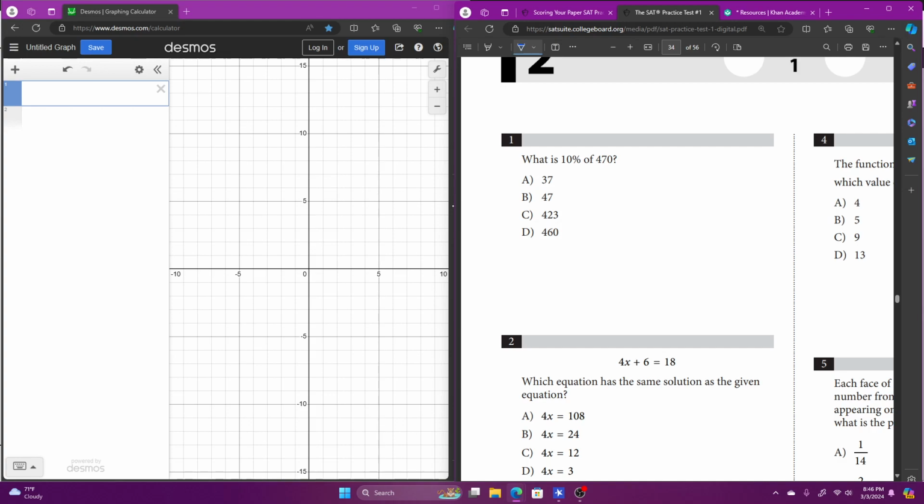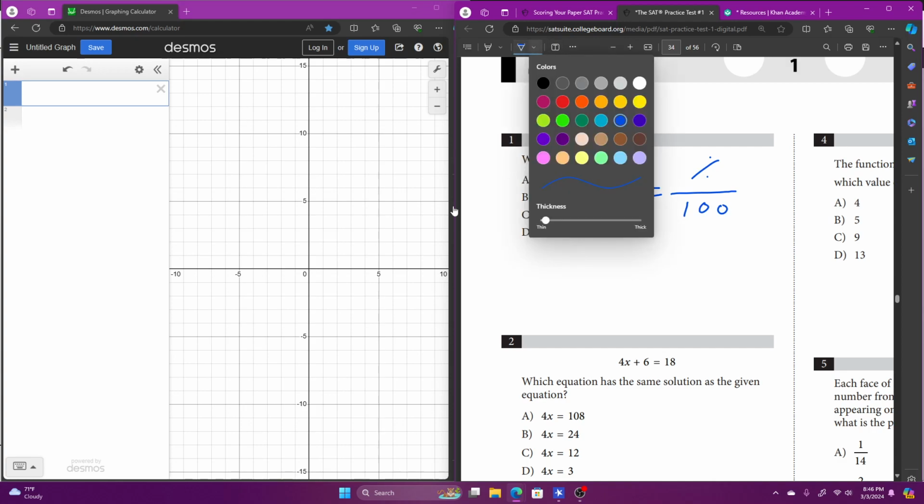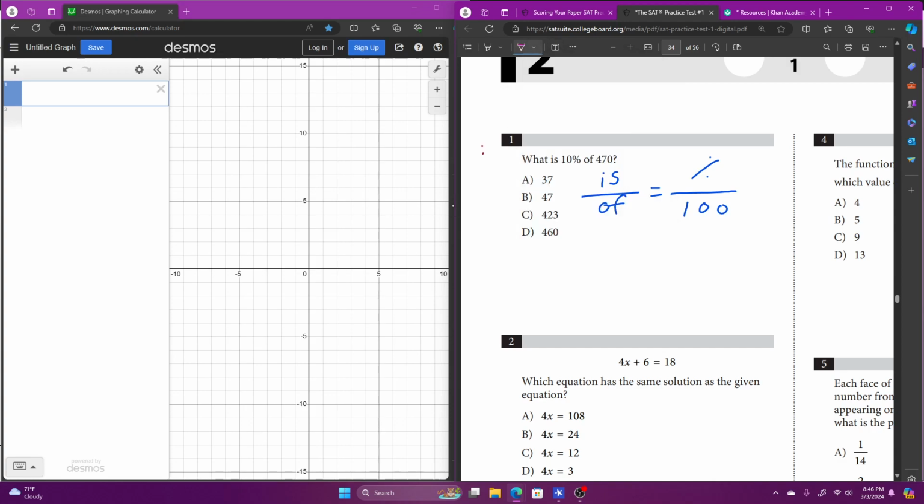The first one says, what is 10% of 470? If I was setting this up, as soon as I see this, I'm going to set up my favorite proportion. My is over of equals percent over 100. So now I can take the information from here. What is, so the is what we're looking for, over of 470 equals 10%